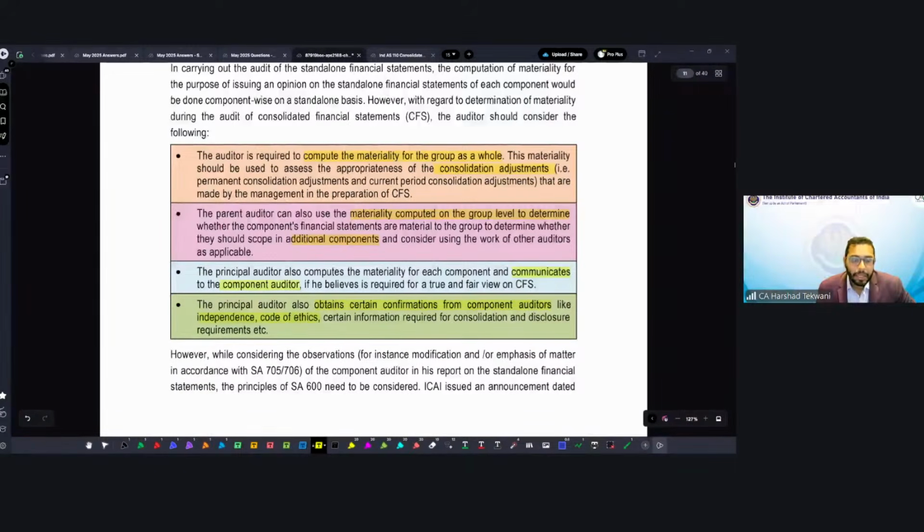Now, the second part of the question was, let me go back to the question. Can we use an expert for some understanding in this matter? Although SA 620 specifically says that it will not be used for accounting understanding, can we use him in this connection, sir? In case of international accounting, now again, when we are saying using the work of an expert,